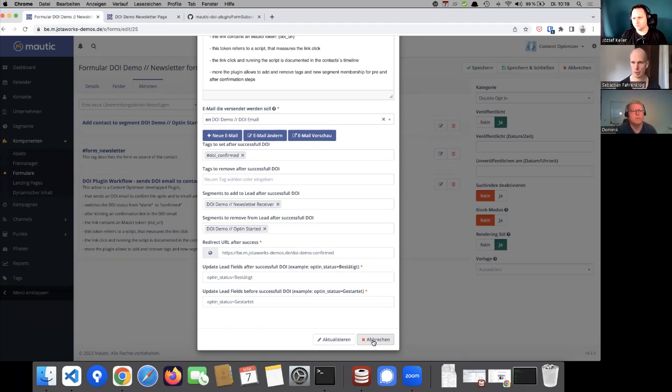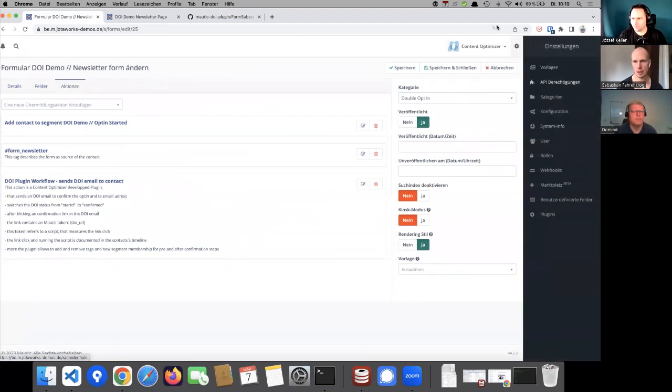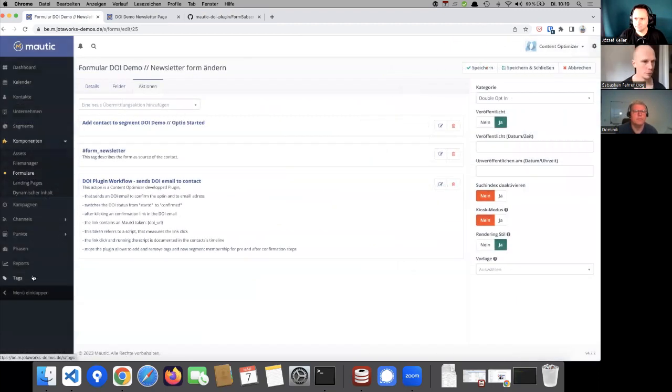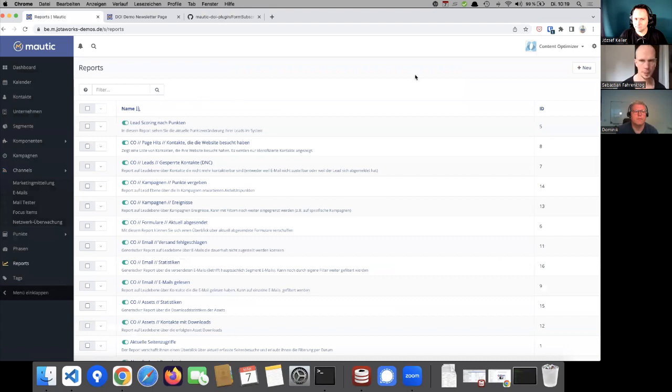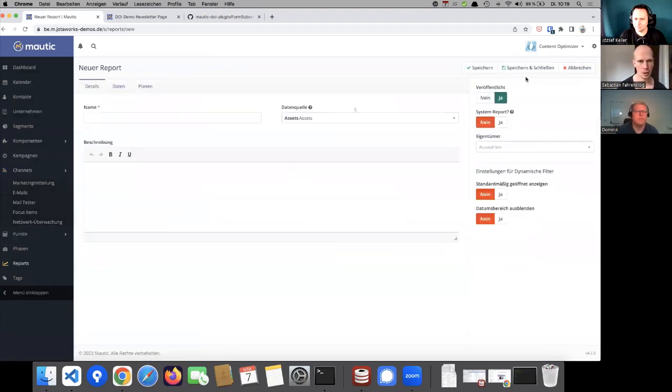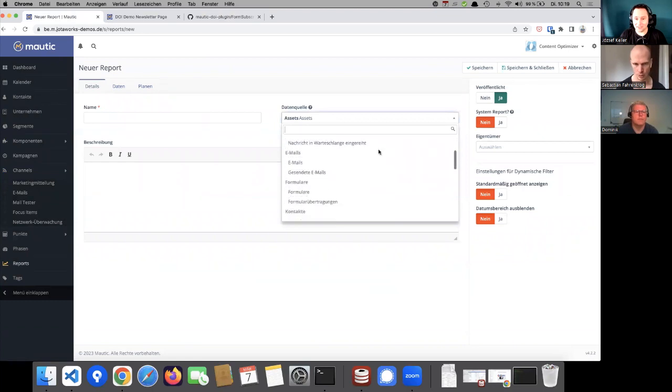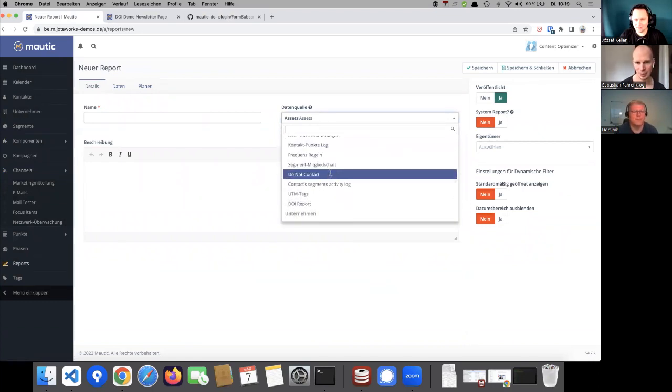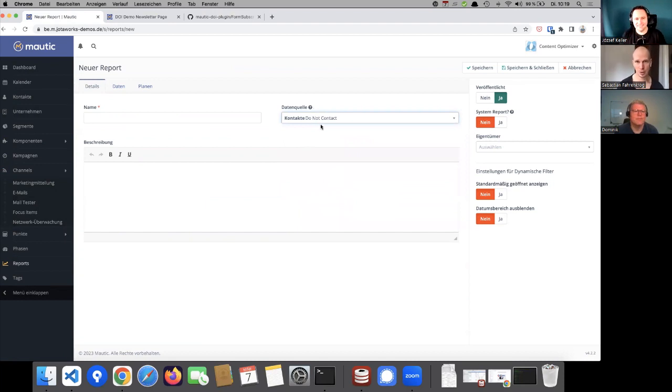before the recording. Two more things which might be a little bit hidden or unknown. The first one is that we implemented a specific report for that. That is hidden. I didn't know. Yeah, so we got a special report, do not contact, which provides you the information for the double opt-in you need to document. So you could make a report with that and then export that or send that regularly to some email address. So that is really important, and